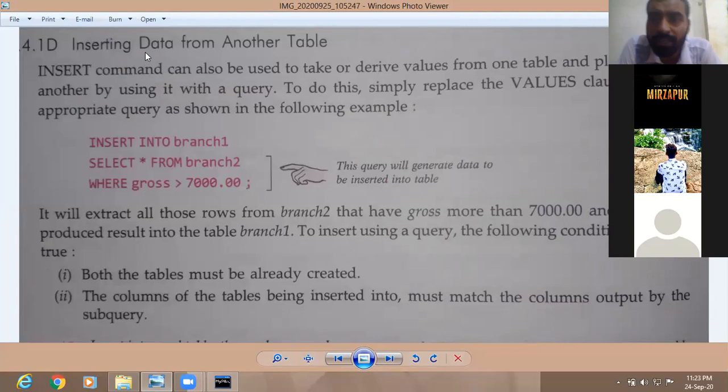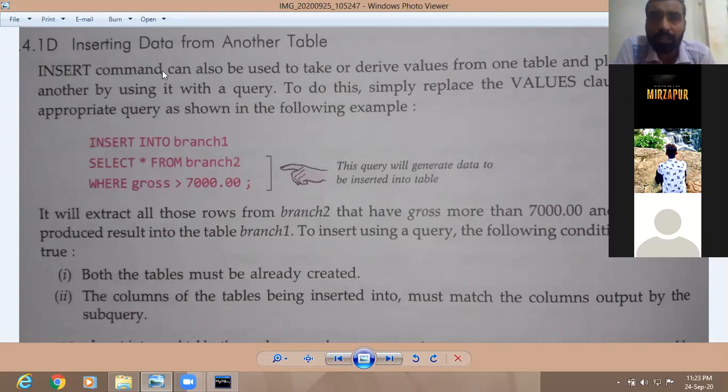Then there is another topic, inserting data from another table. Like in our table, we insert the values, first record, second record, like the name, class, roll number, like this we enter. Amit, Sumit, roll number 101 or 102, then the marks, like this we enter the records. So here the topic is, how can we insert the record of another table? If we have a record in another table, and we want to bring that record into our current table, what can we do? That is the topic, inserting data from another table.